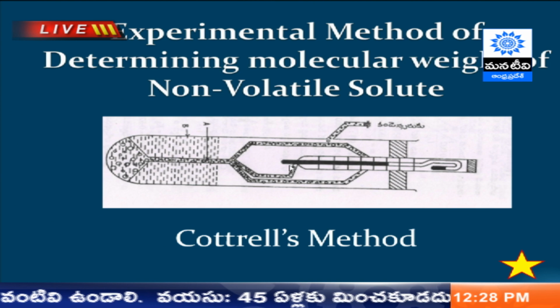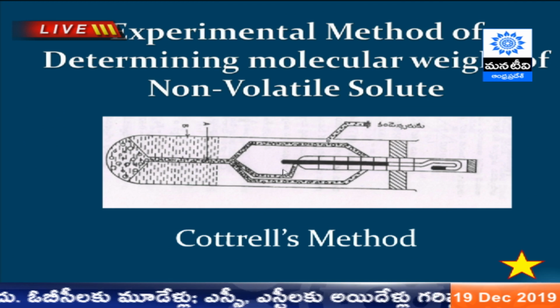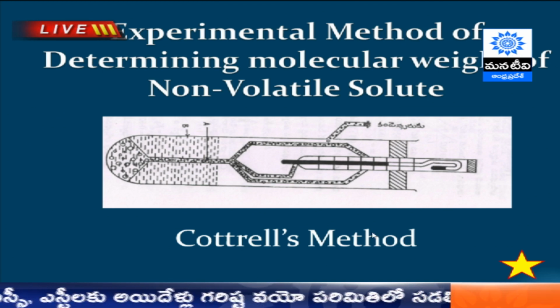Here the bulb is a bigger one and it is not as sensitive as the Beckmann thermometer. In Cottrell's method, the Beckmann thermometer is used, but it has been modified. Now, what you do is you take the solution in the test tube like thing, that is the B part of the glass test tube, and you take the solute in the A part of the instrument, and you see that